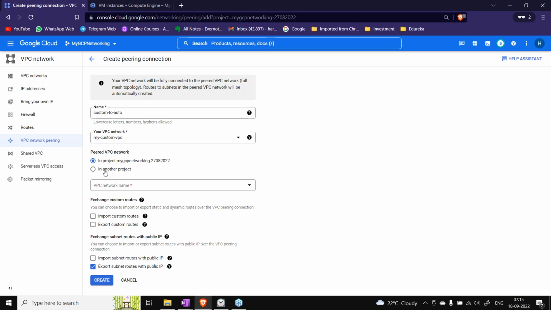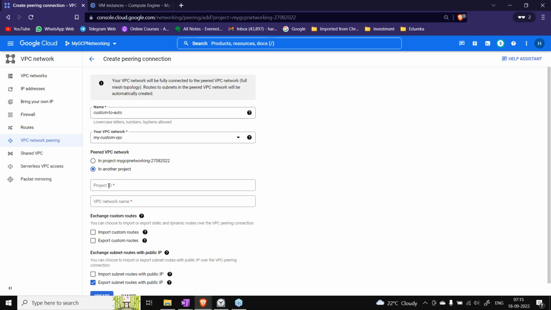Otherwise, if I select another project, I'll have to give the project ID and then the VPC name from that project. The project ID is globally unique within GCP, so that can connect to any project, be it in the same org or a different org, doesn't matter. As long as you give a proper project ID, it will try to connect to that project.